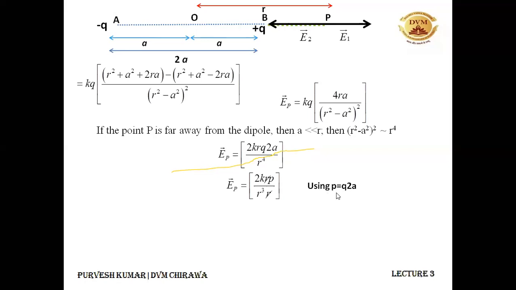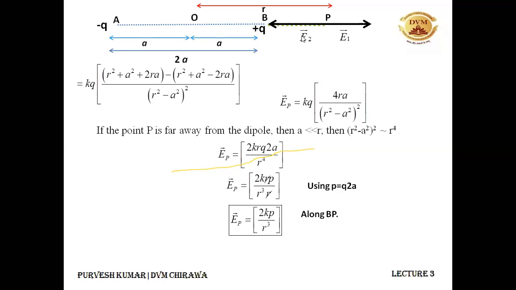Why so? Because this is the electric dipole moment, the product of one of the charges of the dipole and the dipole length, and the dipole length was 2A. So this Q into 2A was P. I am left with 2Kp by R cube, and the direction of this electric field is along BP, because this E1 is greater than E2. So the resultant electric field will be in the direction of E1 only,